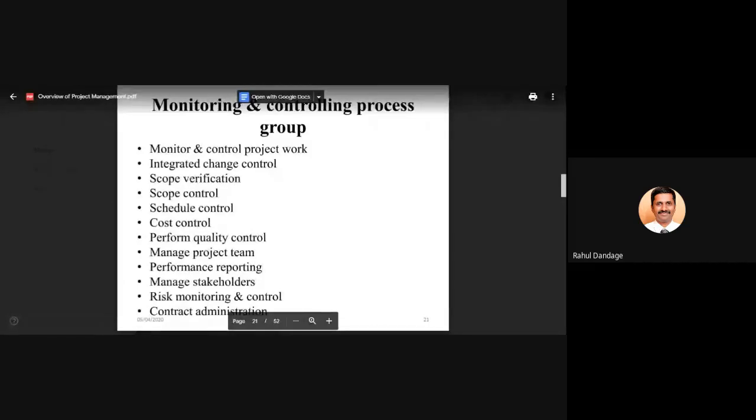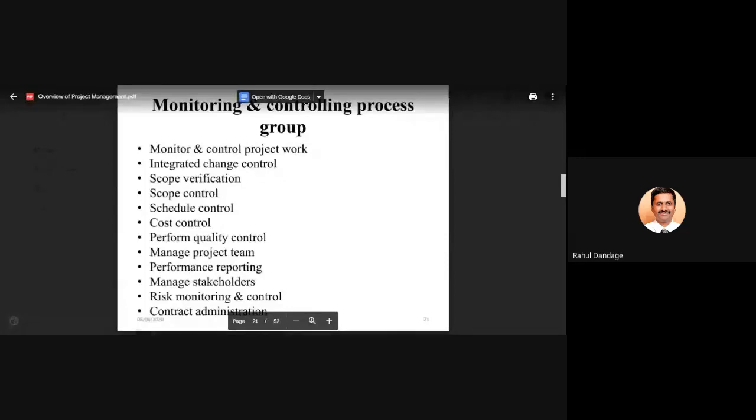Cost control. So if we feel that the cost is exceeding than the budgeted, then what should be done to control the cost? What measures we have to take? So in the beginning only we have seen that the triple constraints of project are nothing but what? Scope goals, time goals, and cost goals. So these are nothing but three important parameters. So scope should not go, or it should not deviate from what has been defined. The schedule should not go beyond the given timeline, and the cost of your project should not also exceed the budgeted amount.